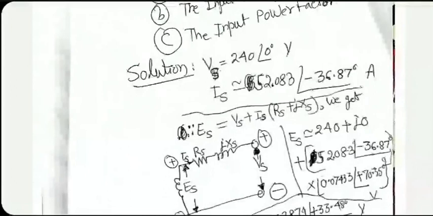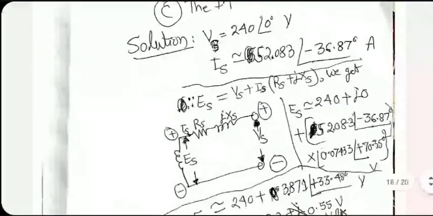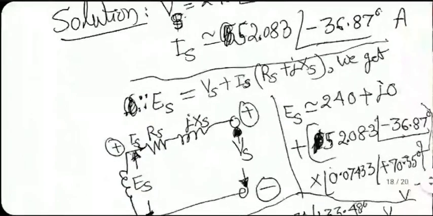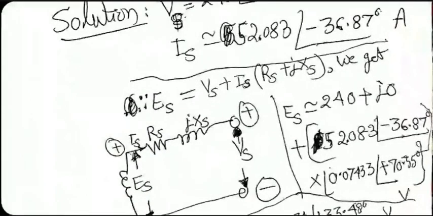Okay. So primary current is very easy to figure out using the turns ratio. But how about the secondary EMF? Using Kirchhoff's voltage law, you write ES equal to VS plus IS multiplied by RS plus JXS. I'm not referring to primary, I'm looking at secondary itself. And doing those calculations, from there you can figure out the value of ES. You need ES because you want to figure out EP. And from EP, you want to figure out VP.